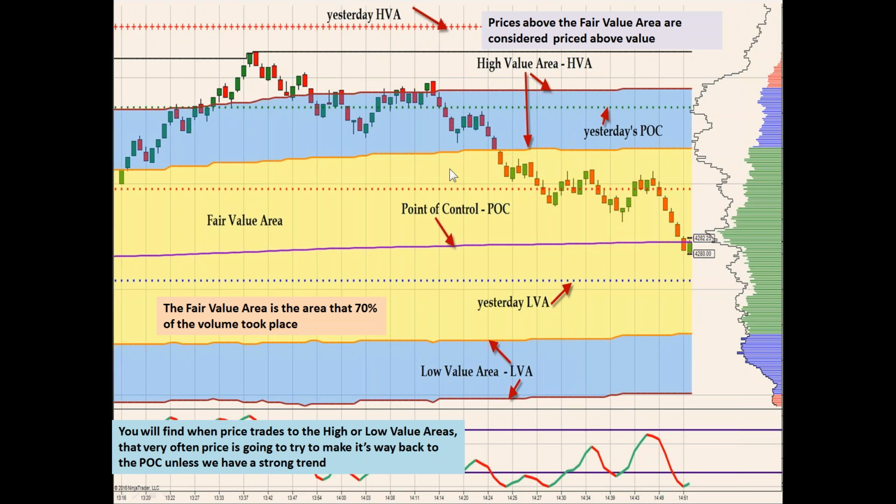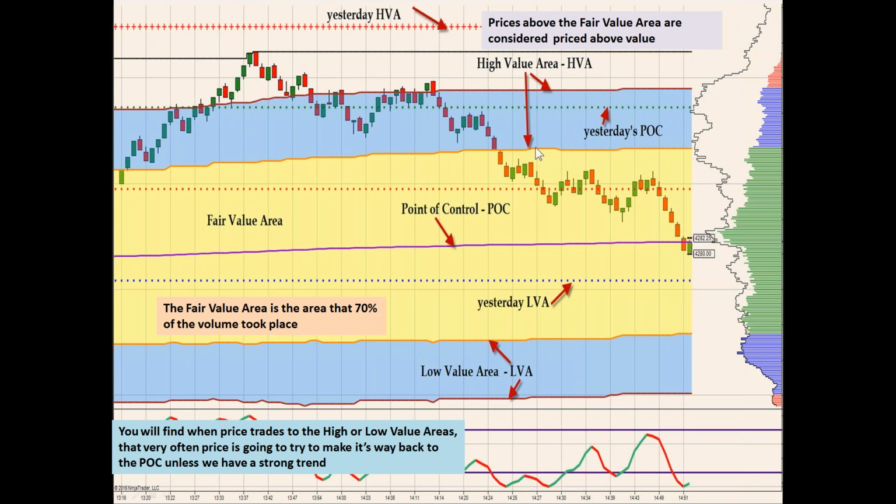The fair value area is where 70% of the volume up to that point has taken place. So it's constantly changing depending on how the market is moving. It's dynamic, not stationary or static. It's moving as price takes out the highs or lows and creates a new